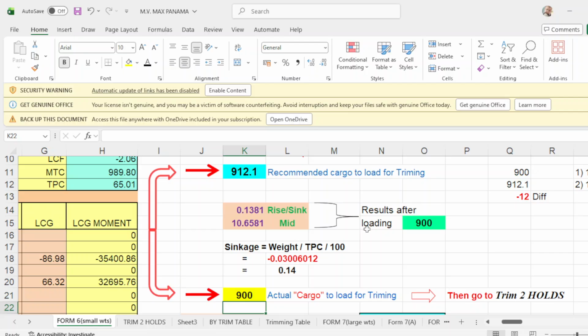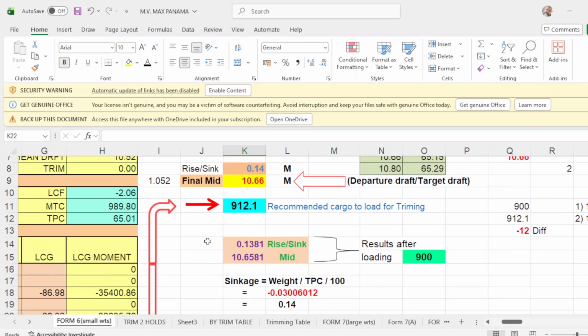What is the result after 900? And look at the final mean, it is 10.6581. So there's less, and your sinkage is 0.1381. It's also less because you are short of 12 tons. So there's a difference of 12 tons.